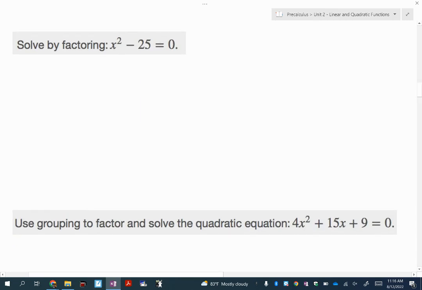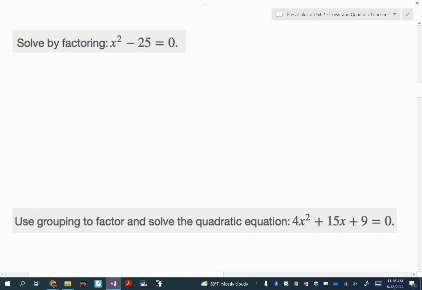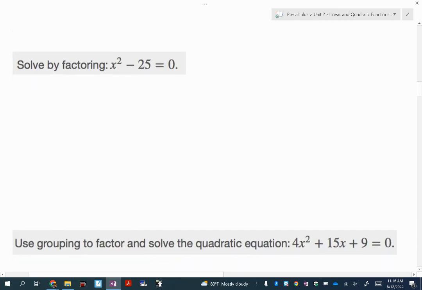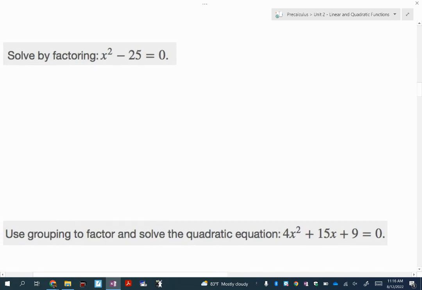All right. Now, this one is a special case. X squared minus 25 is one of my favorites. And if you've had my class in the past, which I don't think any of you had my Algebra 2 class, but what I like to do when I see this is think about this acronym, DOTS, which stands for the difference of